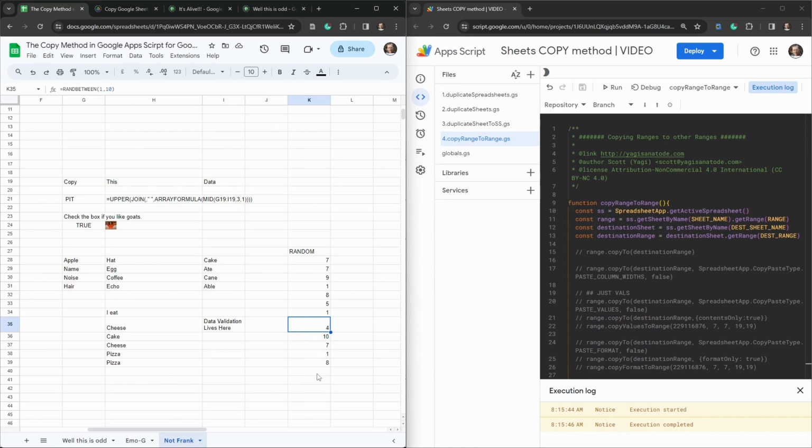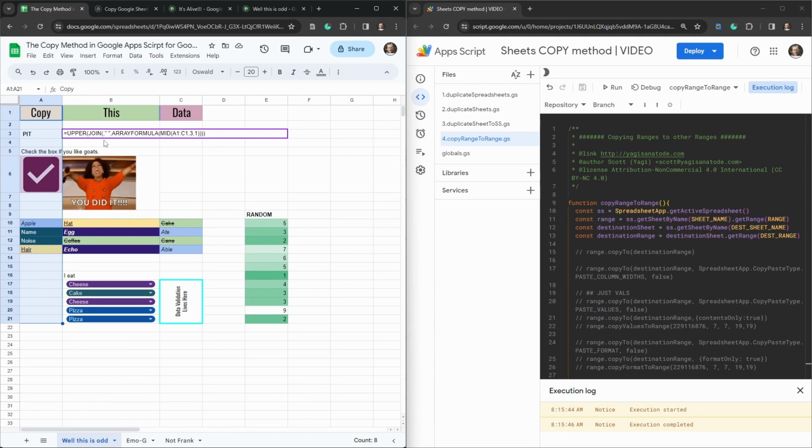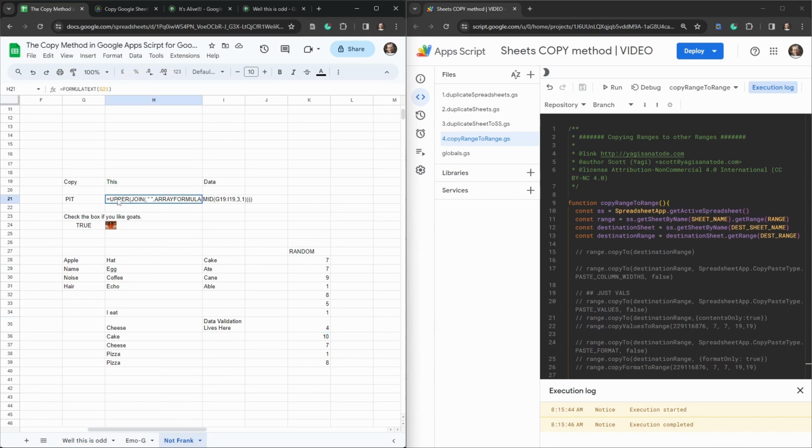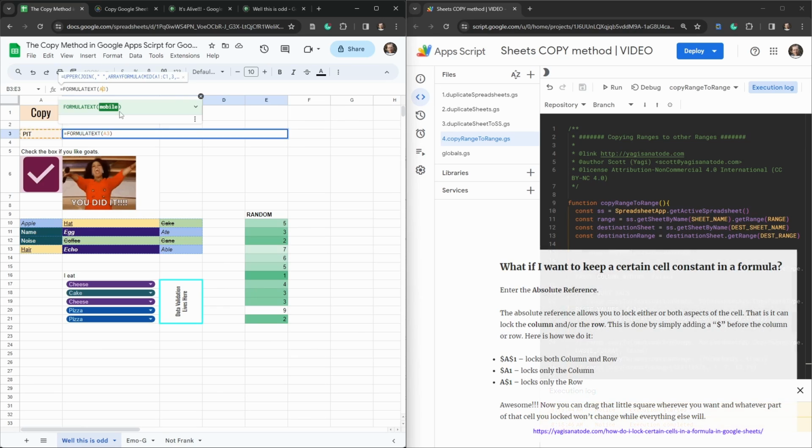Cool. Now, some important things to note when we're copying and pasting over formulas. Let's go back to, well, this is odd here. Now, if I go into this cell, instead of saying A3, let's say it says formula to text A3. Let's head back to not Frank. What does it say here? Formula to text G21. Now, this is a relative value. It means it's relative to the cell it's in. It's always going to have a look at the one next to it. So G21 is here. Now, if we make this absolute by perhaps hitting F4 and putting in $ in here,